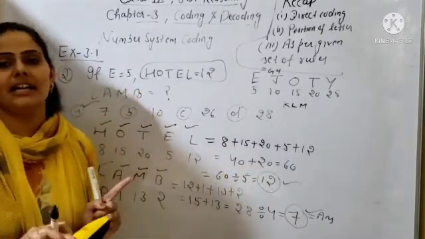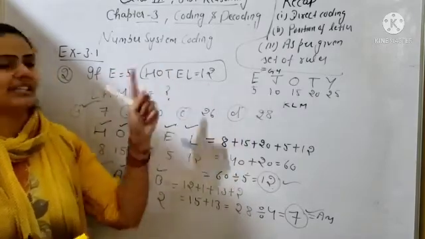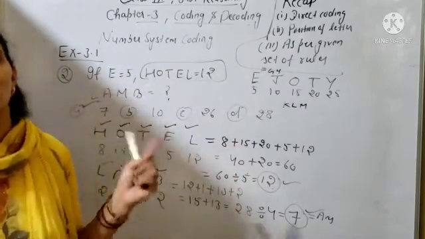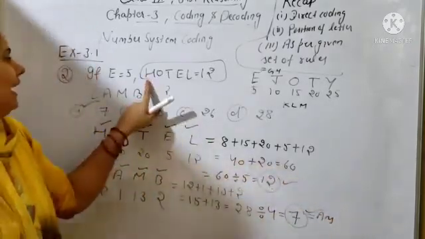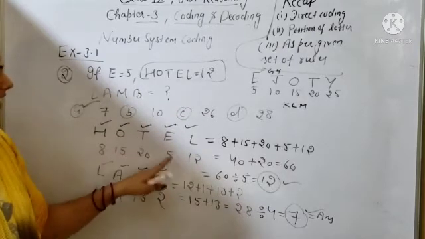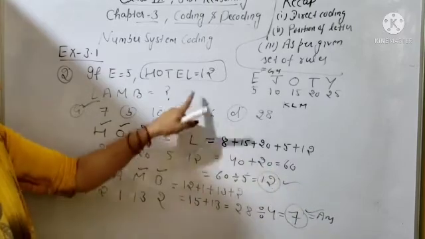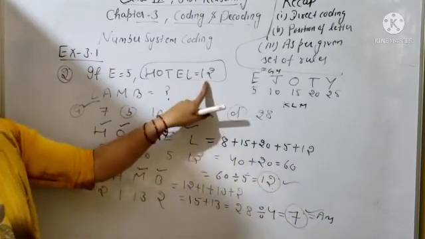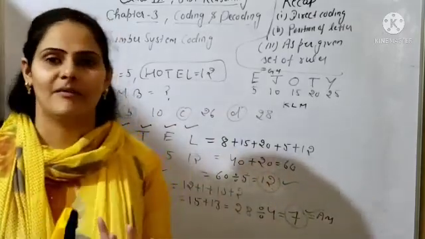It means you are starting from the letter A, from the left hand side. So all the positions of the letters you will write from the left hand side and from A. So H is at which position? 8th position, O 15, T 20, E 5, L 12, and you can add them. You are getting the answer 60. But you have to get the answer not 60. It will be 12. So 60 you will divide by which number? So you will get 12, beta, by 5.